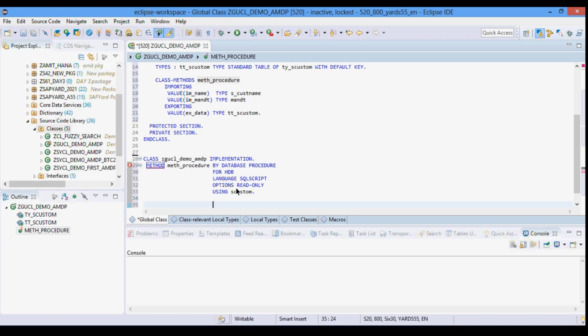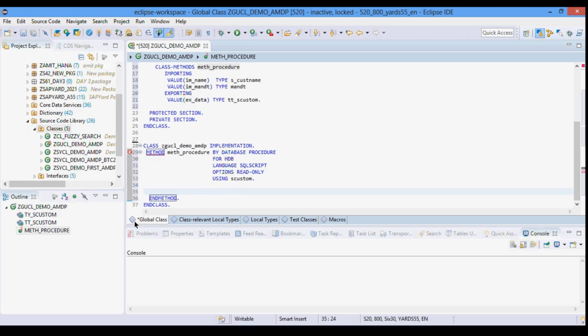Any objects outside our SAP system ID schema are not ABAP managed, and therefore they are not part of the using clause. So developers themselves have to make sure that they are available at runtime. Whatever we are mentioning here should be part of the SAP system ID schema. Otherwise it becomes the complete responsibility of the developer to make sure that they are available at runtime. Okay, so let me just write a select query.